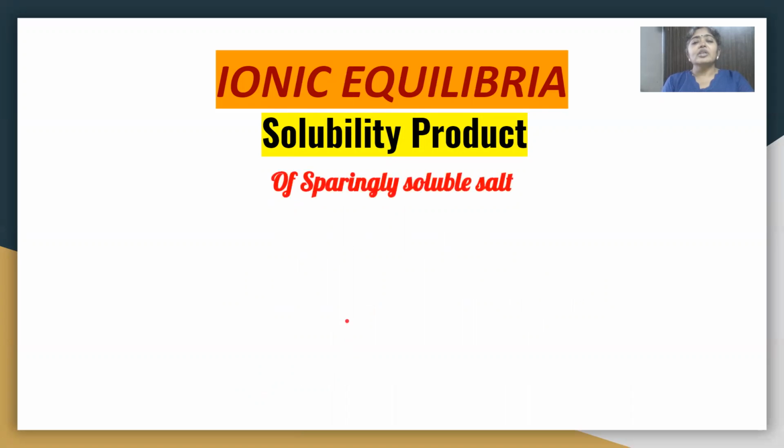So if I assume the sparingly soluble salt has a general molecular formula of BxAy, then it will ionize to a very small extent in water to form the positive B ions with Y number of positive charges and the negative A ions with X number of negative charges. To balance this equation, we put the coefficients X for B and Y for the A ions. So I have the general molecular formula BxAy and the general reaction or the equation for the ionization equilibrium as written here.